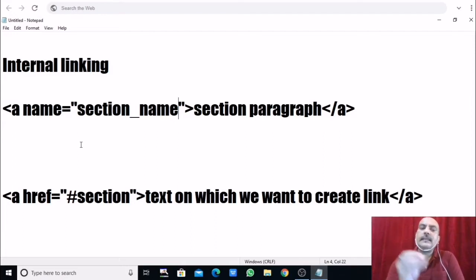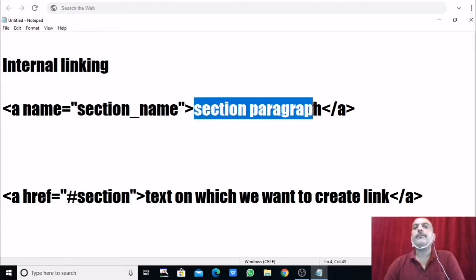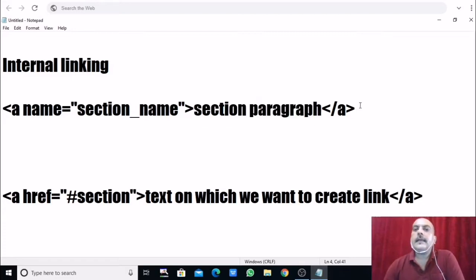You can give it a logical name, and then after ending this with an angular bracket you need to start your contents. It can be an image, it can be a paragraph, meaning text. It all depends on you, your choice, your requirement. Then end with the a tag, with a forward slash before the a.